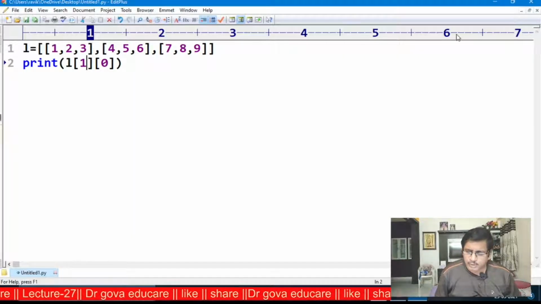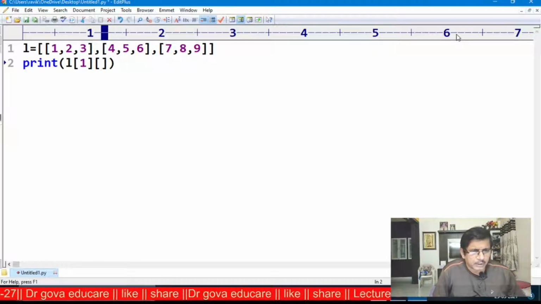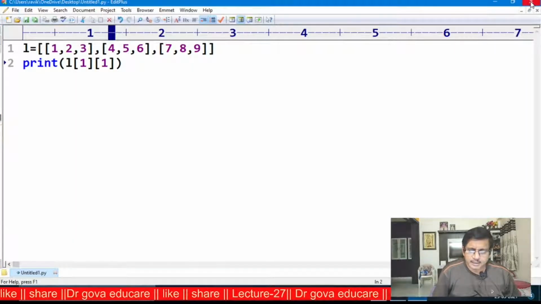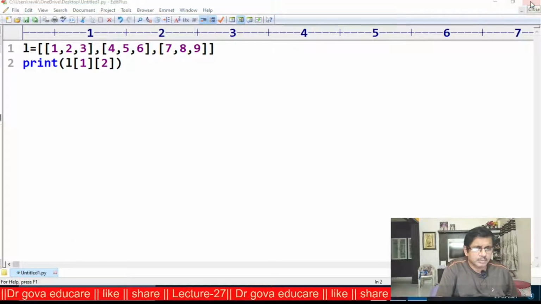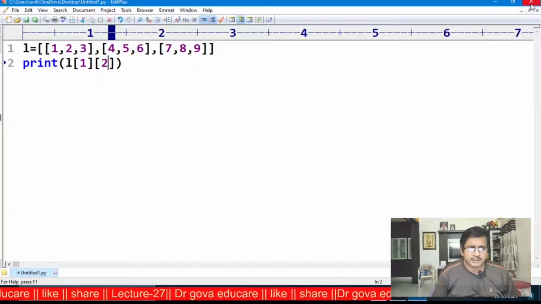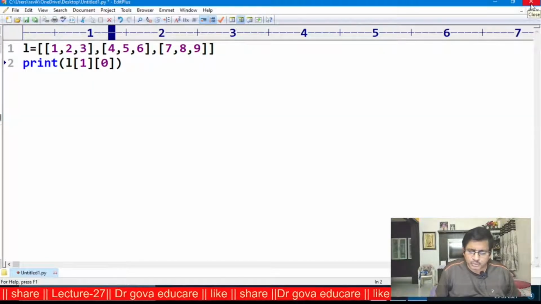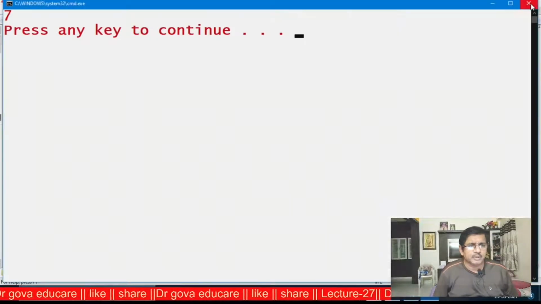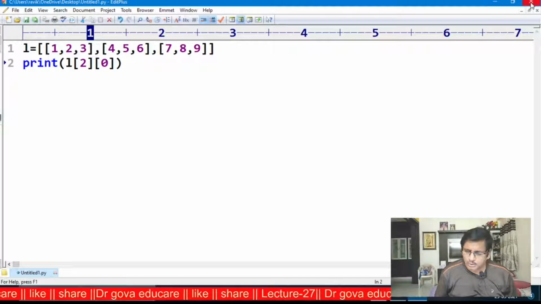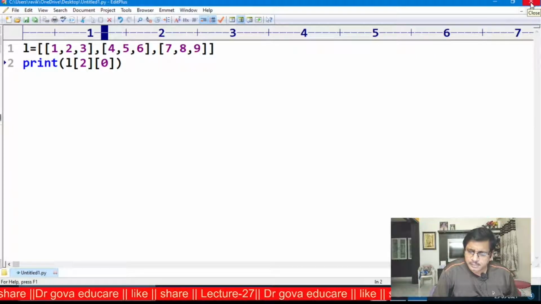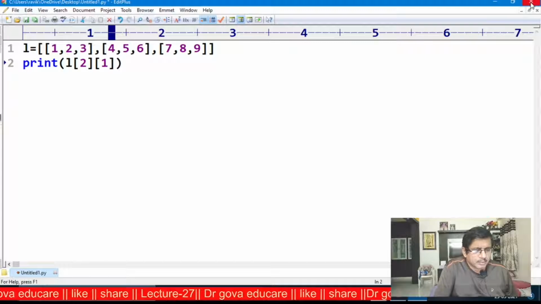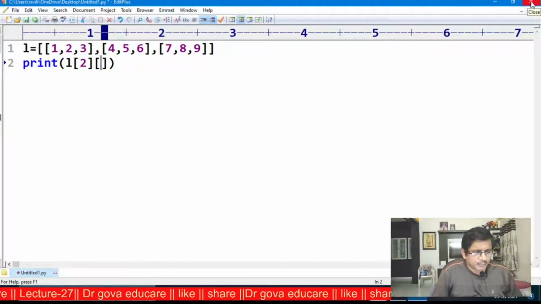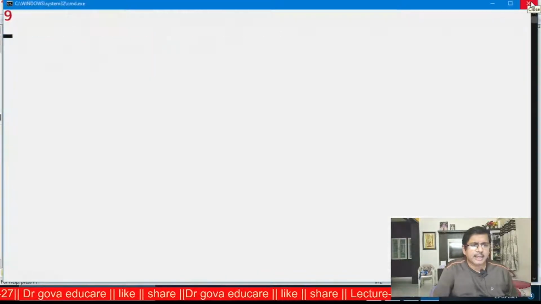L of 1, 1, 5 will be displayed. Next, L of 1, 2, 6 will be displayed. Similarly, L of 2, 0, 7 will be displayed. L of 2, 1, 8 will be displayed. L of 2, 2, 9 will be displayed on the screen.